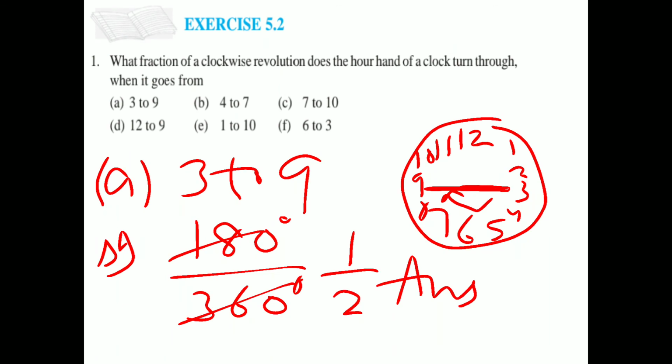Now students, you have to do C, D, E, F parts on your own. It is the same as this only. You know, one complete revolution means 360 degree. Half revolution means 180 degree, means the angle should be a straight angle. And if there is a 90 degree angle, how? When it makes a right angle, it means it is a 90 degree angle. Clear? It will be 1/4.